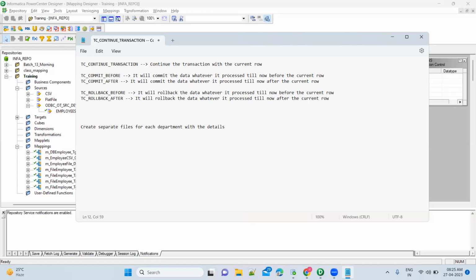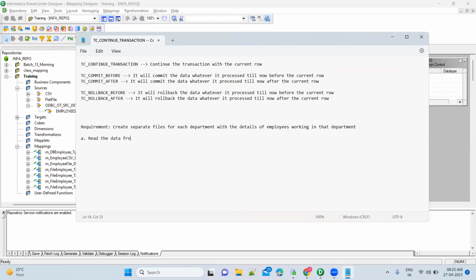This is our requirement, correct? Are you clear with this requirement? So for example, if you have 16 departments, it should create 16 files, correct? Now, for this, first we have to